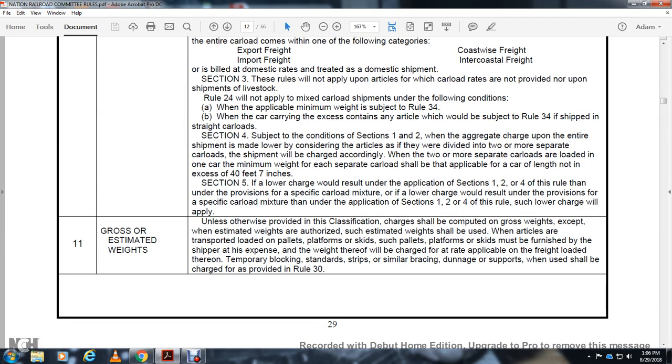Gross and estimated weights. Unless otherwise provided, classification charges will be computed with the gross weights, except where estimated weights are authorized. Such estimated weights shall be used when articles are transported, loaded on pallets, platforms, skids, and such pallets, platforms, skids must be furnished by the shipper and explained that the weight thereof is in charge of the rate applicable to the freight loaded. Thereon temporary blocking, standard strips, and similar bracing dunnage supports will be used and shall be charged